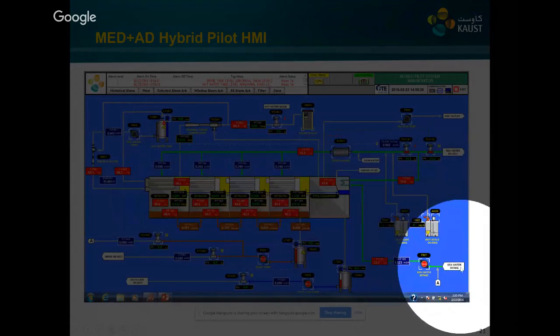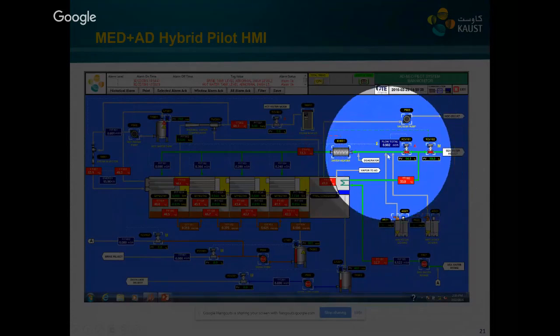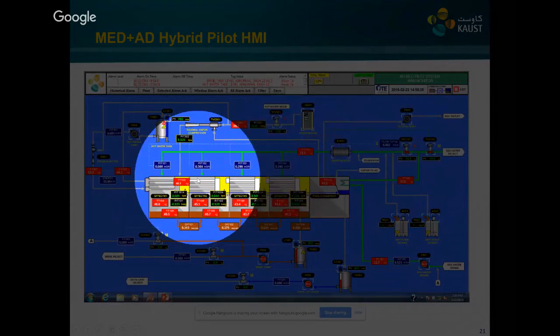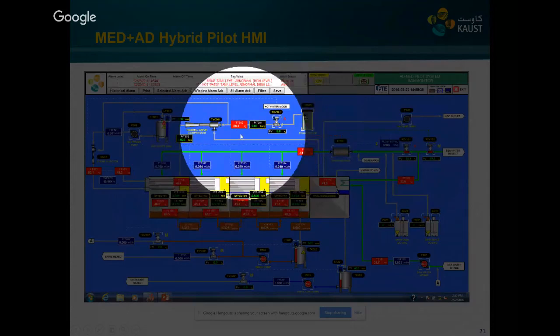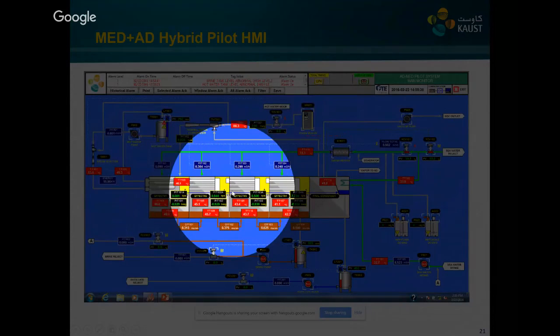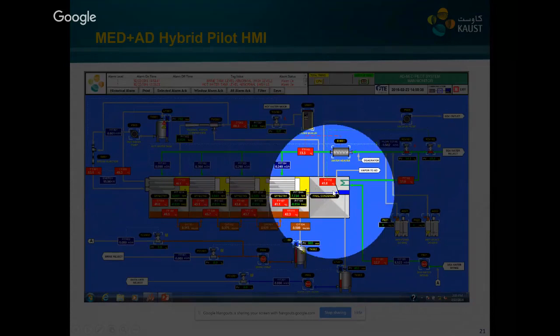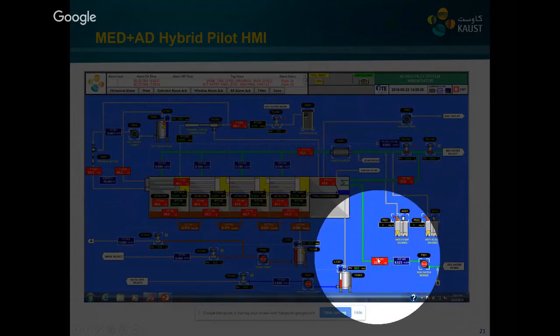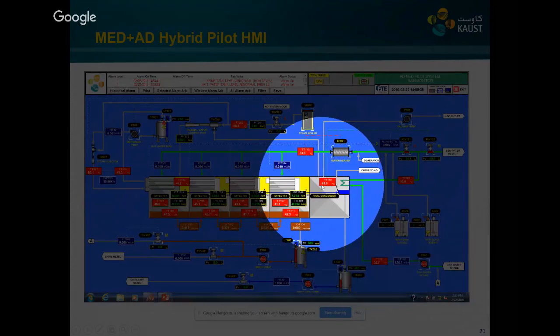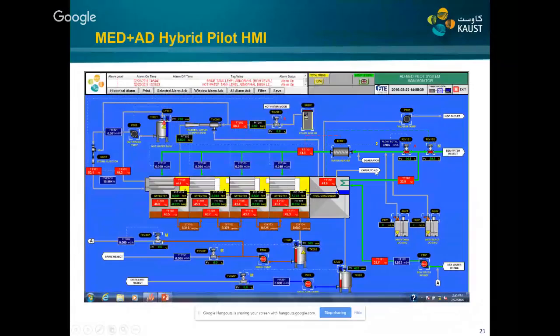So this seawater is coming from the sea, and it passes through the last condenser, and then part of it is supplied in parallel to all the effects. At the same time, we have a small boiler to supply the heat source to the first effect, and the vapors are cascaded to the successive stages. In a conventional system, this last stage temperature is controlled by the seawater temperature. Now we can see here around 41 degrees centigrade. But in our hybrid system, we bypass this condenser and the vapors go to the adsorption cycle. So this is how we hybridize MED with the AD cycle.